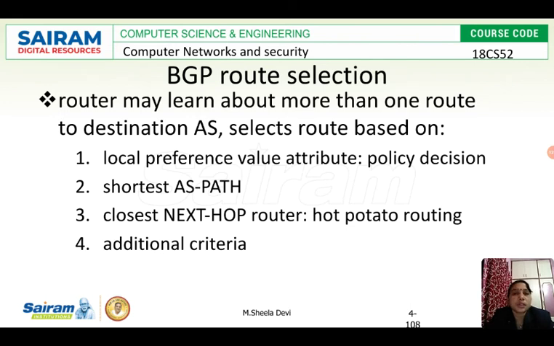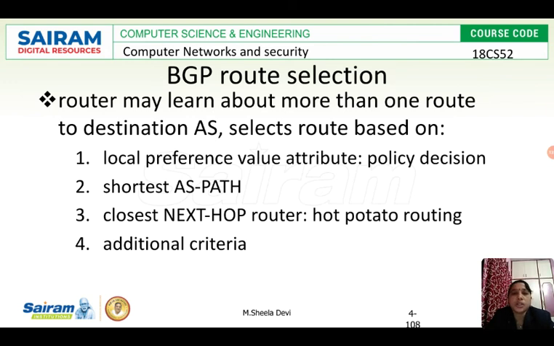The second factor is the shortest autonomous system path. If between the source and the destination three autonomous systems are there, or only one autonomous system is there, obviously one autonomous system would be shortest, so I'll select that path. Always the shortest path should be selected.